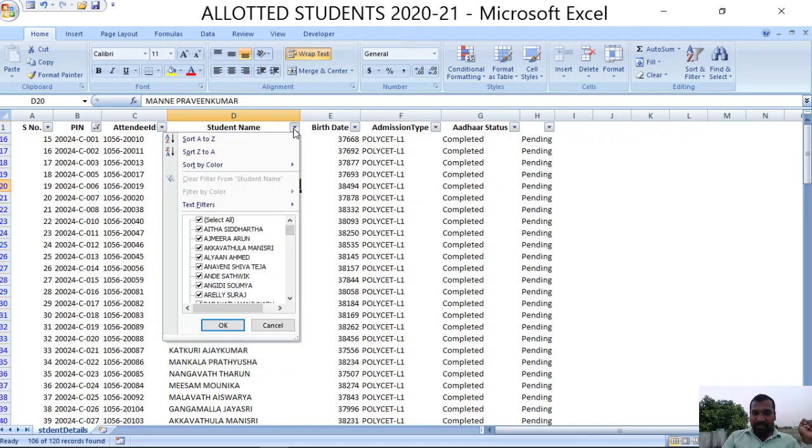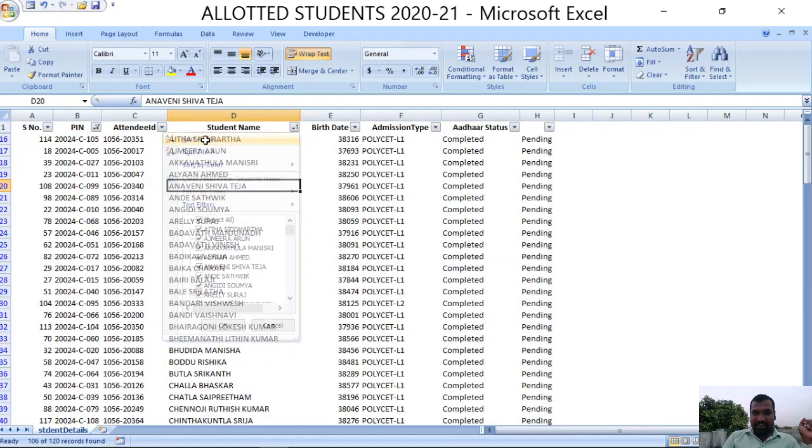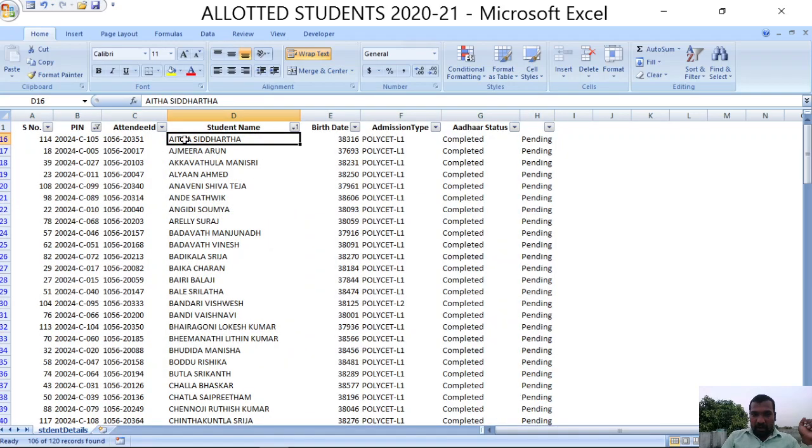So click on the student name drop down button, sort A to Z. Now all the students who are having pin numbers, those details are displayed in alphabetical order of their names. Observe here. In the previous case it is displaying pin number 1.